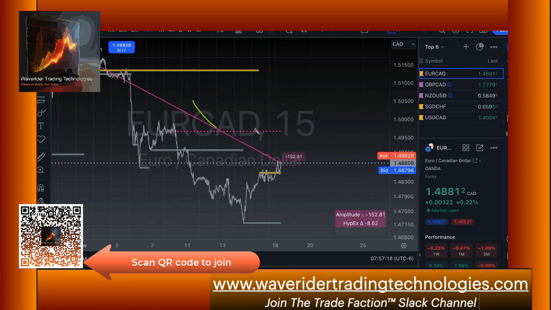So trend, wave, amplitude right here at the end of the line, also in the table, and hyperextension value, which is now a ratio as opposed to a fixed value. Right now I have these five. I'm probably going to add one more to this. So let's go through these one at a time, and I will show you what happens when you get a sweet spot. Okay, so this one is in a minor wave